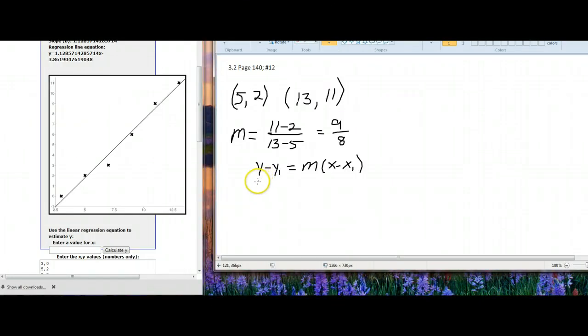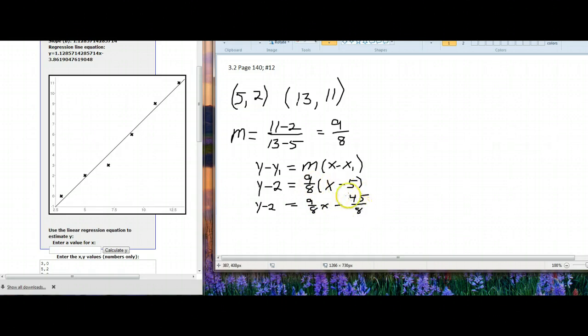So I have y minus 2 equals 9/8 times x minus 5. So I have y minus 2 equals 9/8 x minus 9 times 5 is 45, so